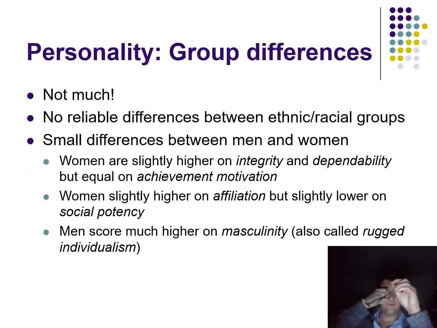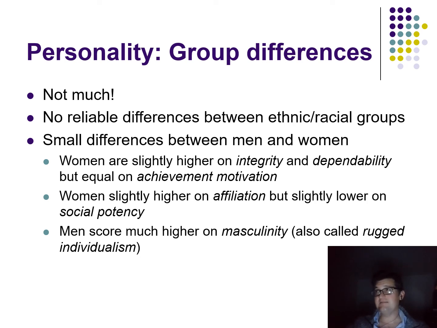Probably we'll talk a little bit about group differences, and I think that's the last major thing of importance here. In general, between racial and ethnic groups, there's no real differences in personality. Now there are some small differences between men and women. Women are slightly higher on integrity and dependability, but about equal on achievement, when we're looking at conscientiousness sort of things. And when we look at the extroversion dimension, which is more socially relevant,